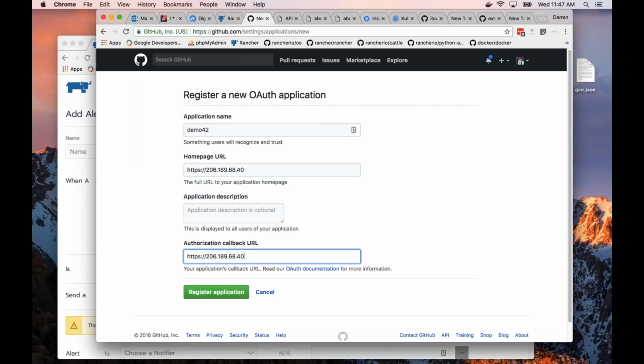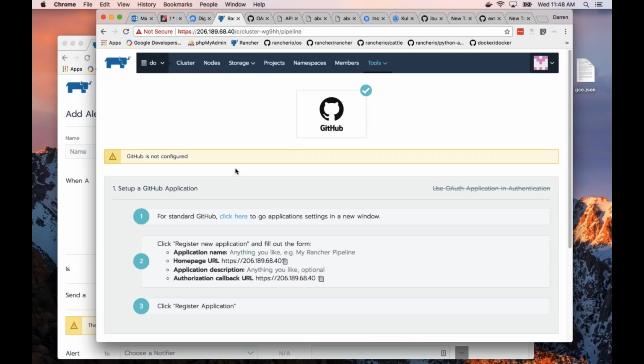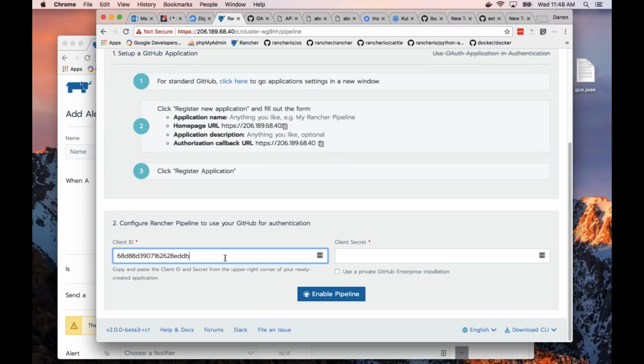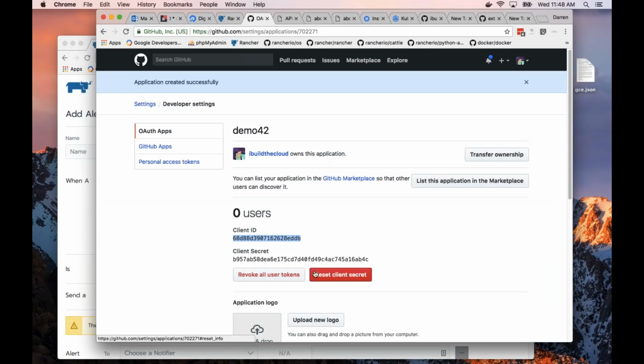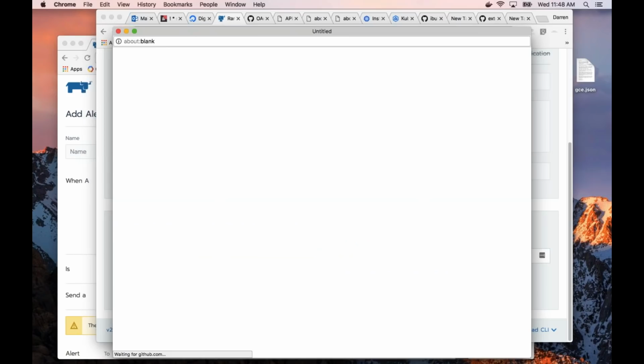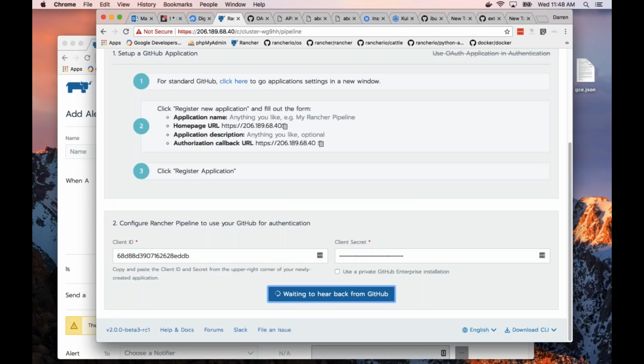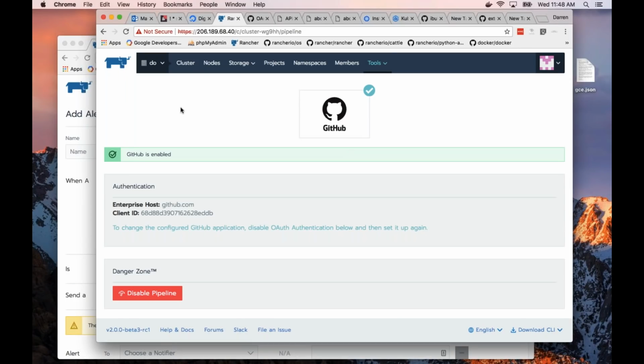In order to get the pipeline feature to work, because we're doing integration with webhooks from GitHub, we first have to set up an application in GitHub. For this one, it just takes a second. We just need to paste in these secrets. Don't worry, this will be deleted after the demo. Okay, then it authorizes this, so that basically turns it on, and I can now use